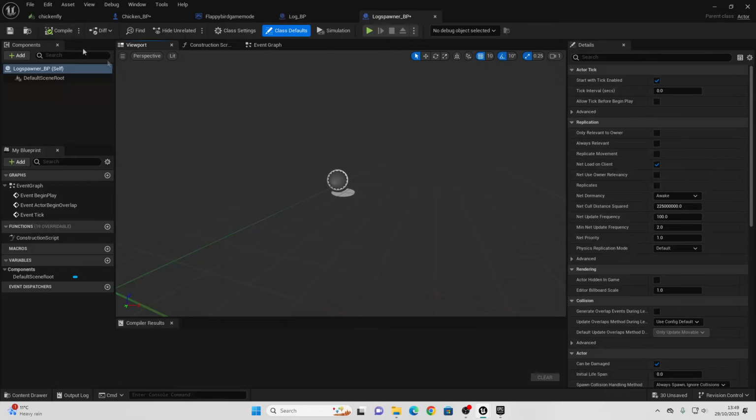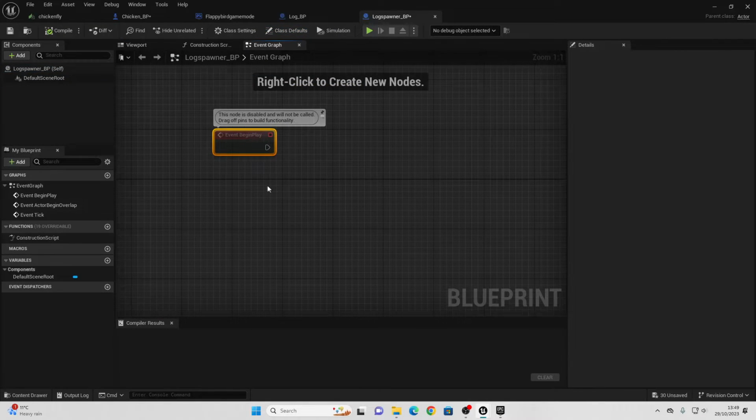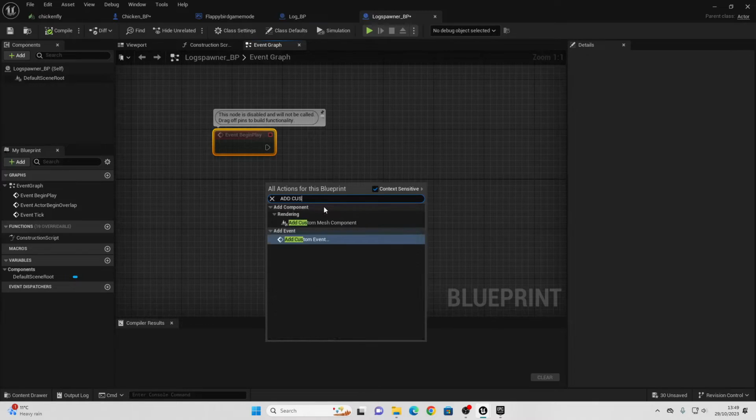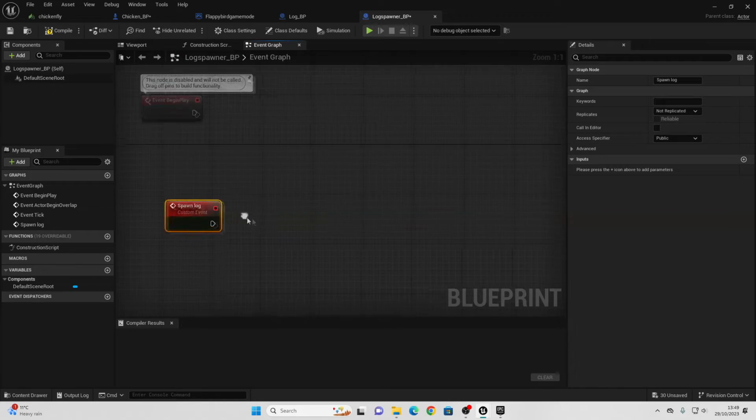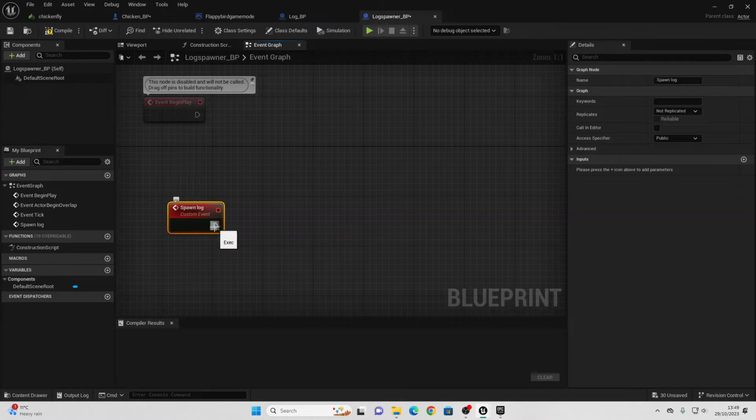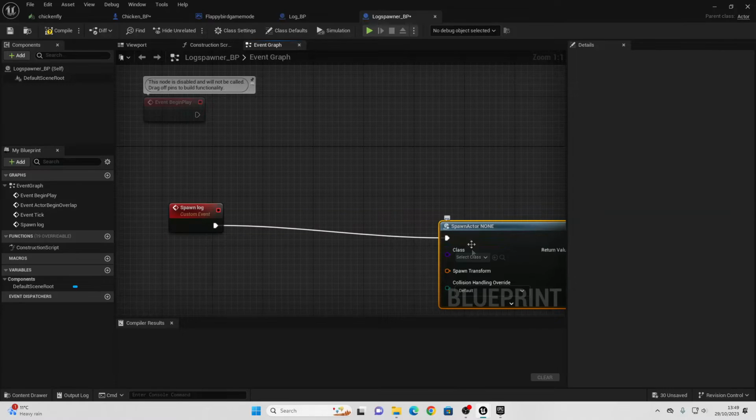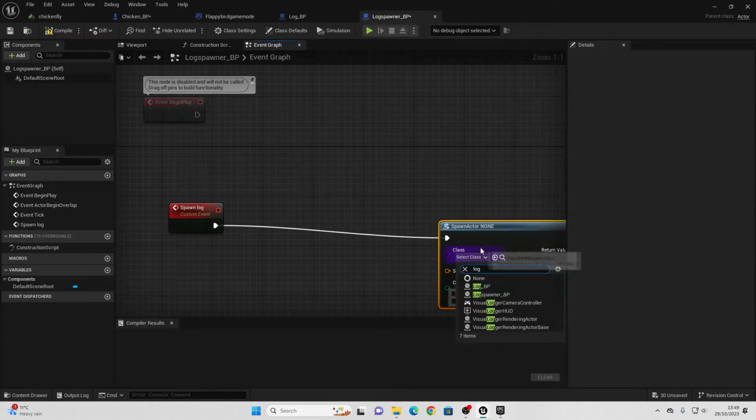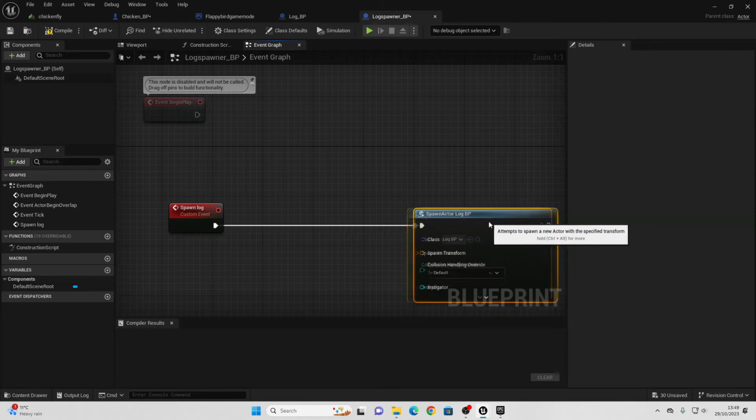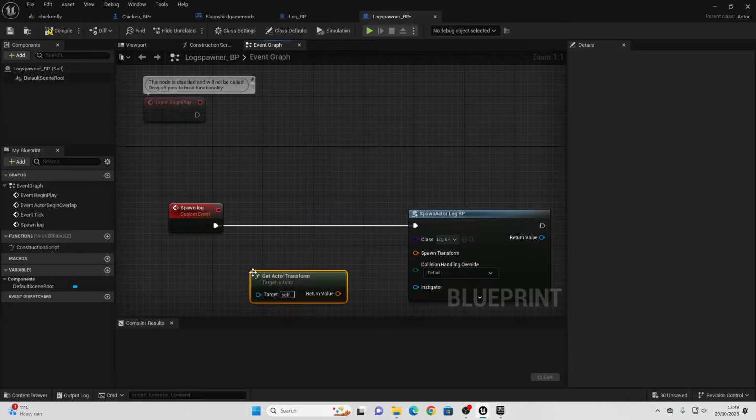Open this up, and we just want to go over to the event graph, and then right click and look for add custom event, and just call it spawn log. When we call this event, we just want to drag off here and look for spawn actor from class. The actor is going to be the log blueprint, and where we spawn it, we can just right click and look for get actor transform,